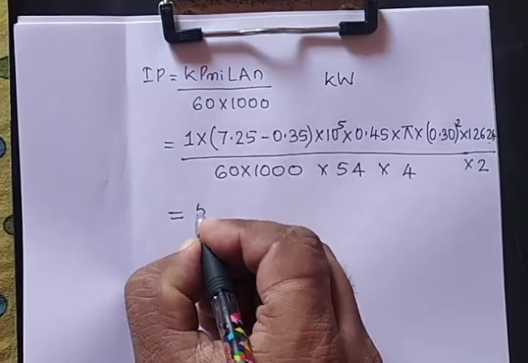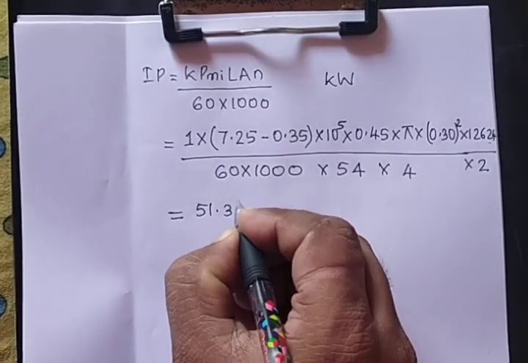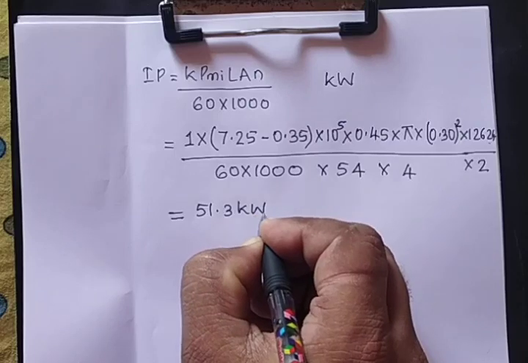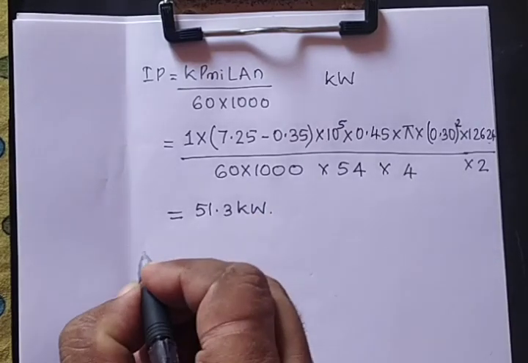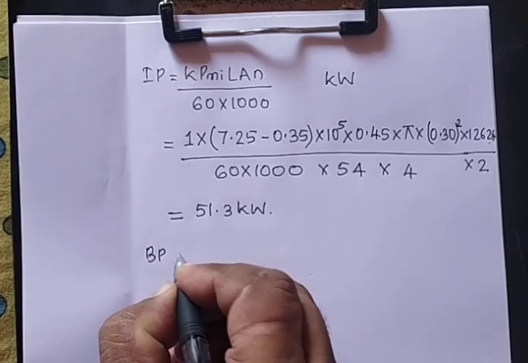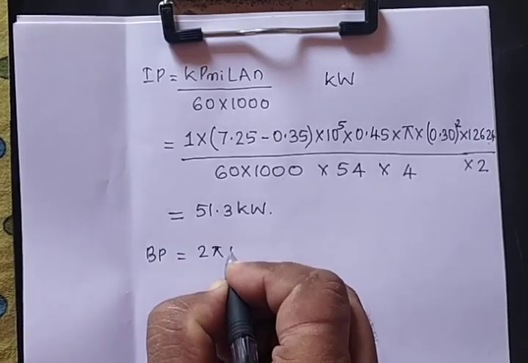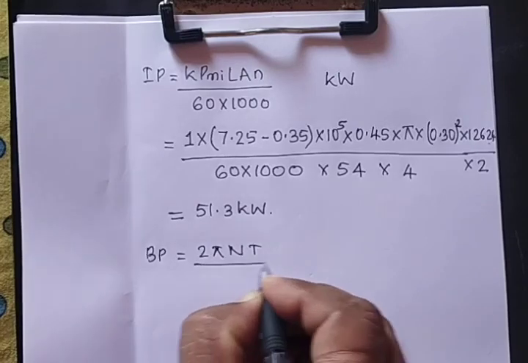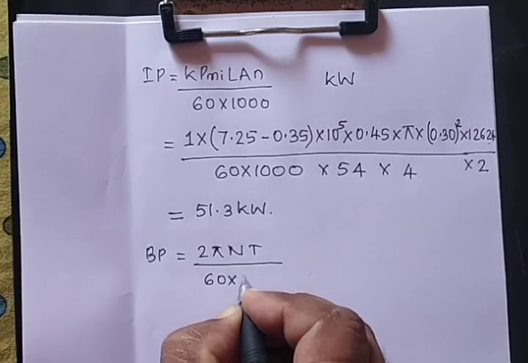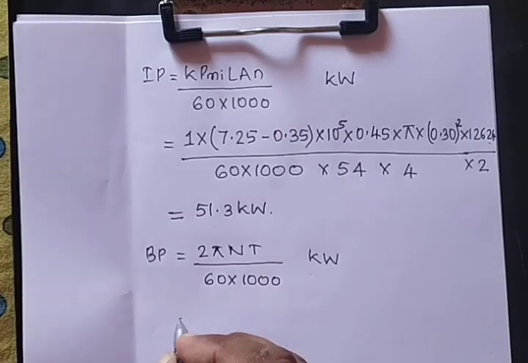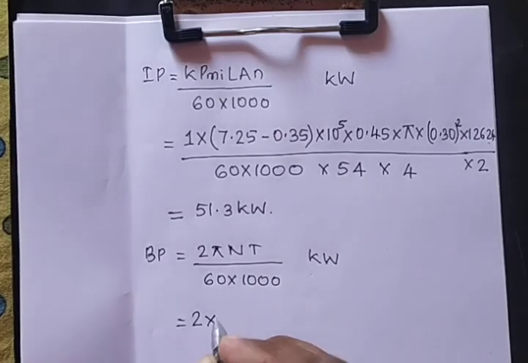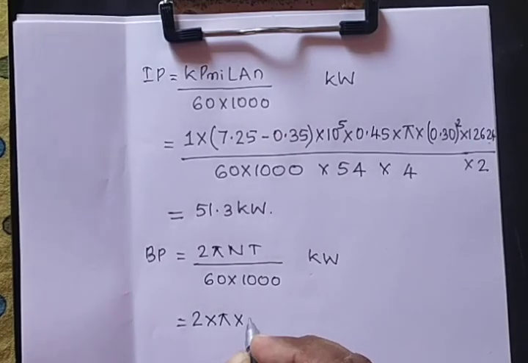So you get 51.3 kilowatt. Then find out the value of BP. So we know the equation for BP. BP is equal to 2 pi NT divided by 60 into 1000. Again the unit is kilowatt. So we'll substitute the value 2 into pi into N is given to us